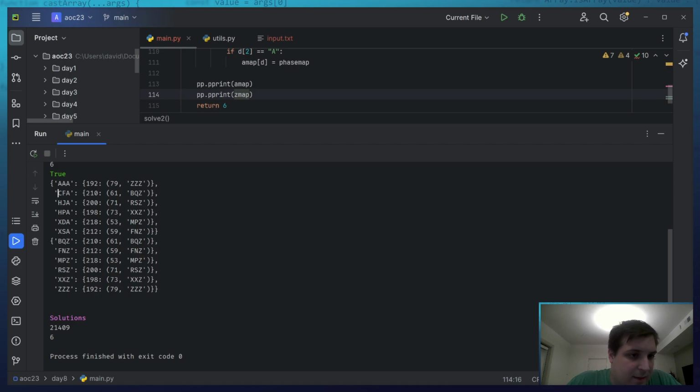AAA reaches ZZZ. CFA reaches BQZ after 61 steps, starting at 210. Oh, that's not good. Those should always start at 0.